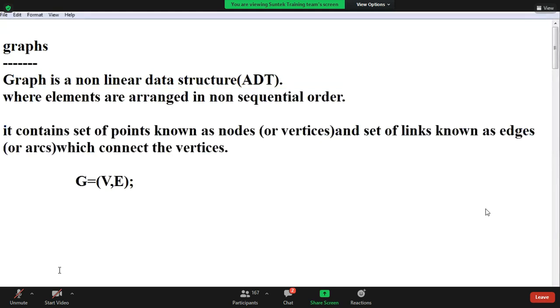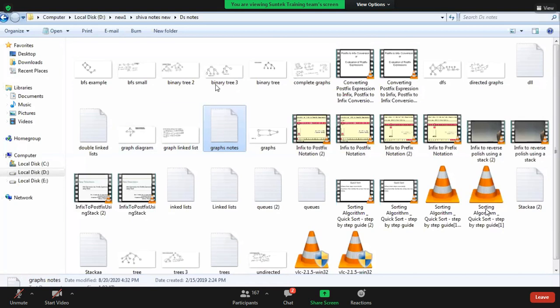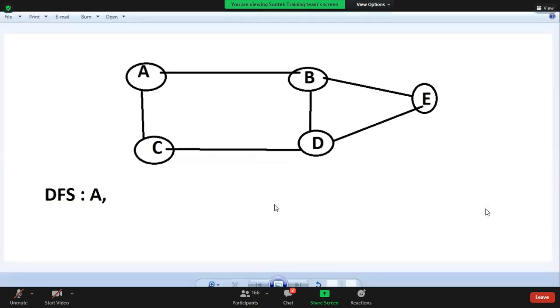Yeah, complete. Draw the diagram, guys. Yeah, this is a diagram. Here, what are the vertices? What are the edges? V, guys, vertices.